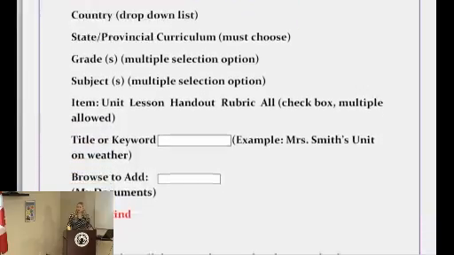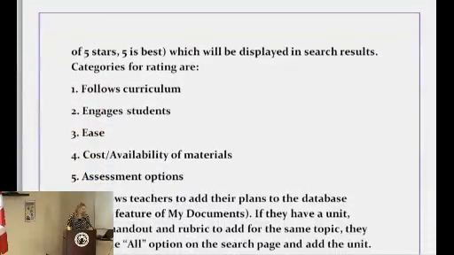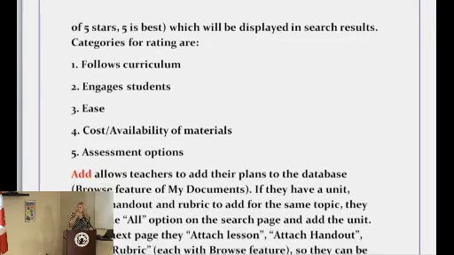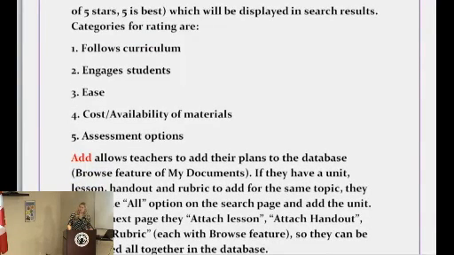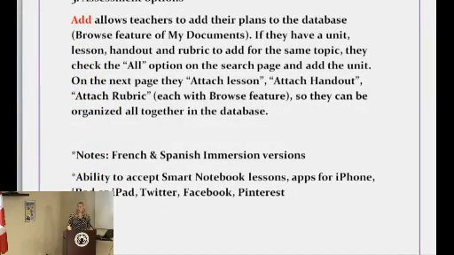It also would allow teachers to rate each lesson in 5 categories. So it would have these 5 factors at the top there. Teachers would be able to give a certain star or rating based on whether the lesson follows curriculum, does it engage students, is it easy to implement, cost, availability of materials, and assessment options. So basically you could find lessons that you think will be good for your classroom based on the ratings from